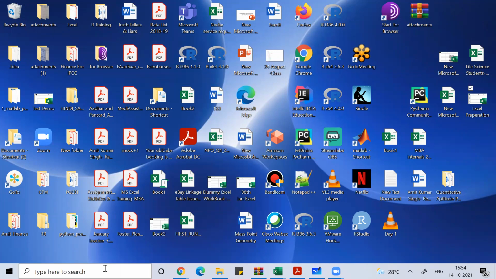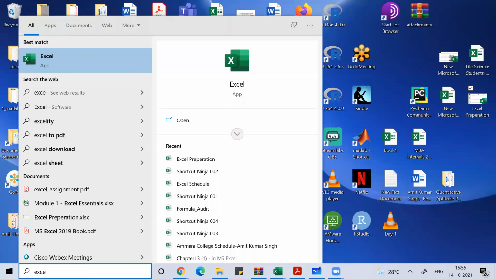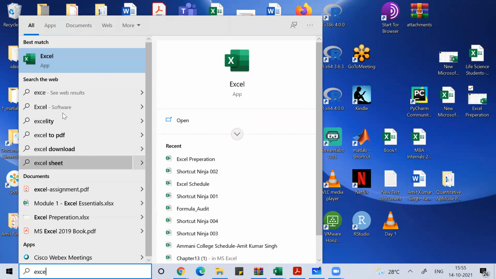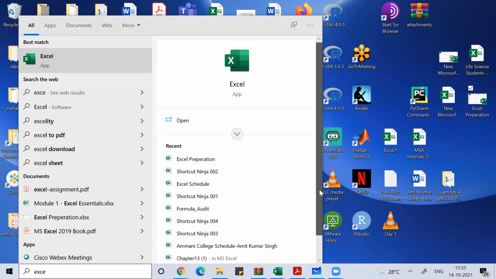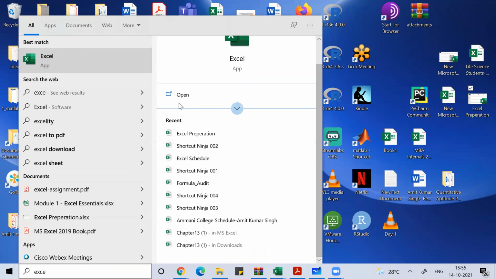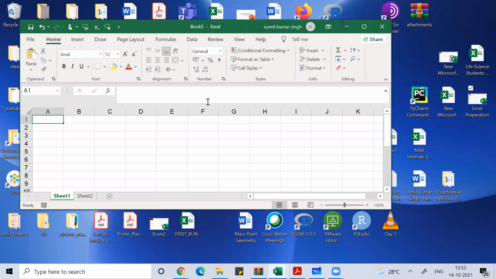Otherwise, you can simply type here to search. Here you can write Excel, and once you write Excel, you don't have to complete writing. You'll find a universe of all the Excel templates available here. So you can simply click on some existing Excel workbook on which I was working recently. All that would be visible here. I can click on any of them, and then I can press Control N, or I can simply click on this Excel, and then probably I can find an Excel workbook here. Clear everyone? Any doubt anyone?